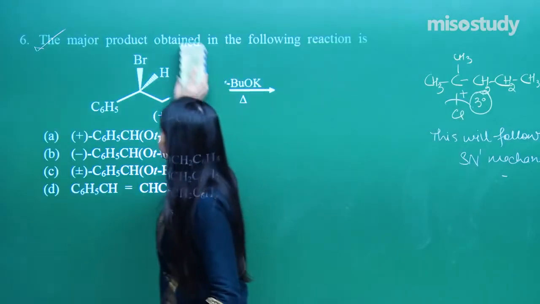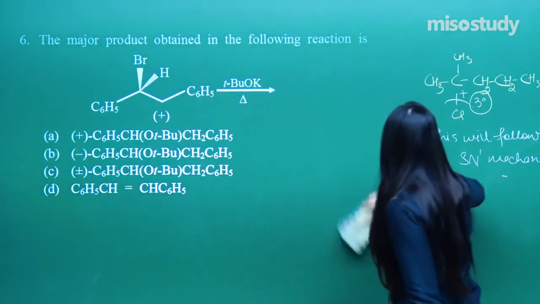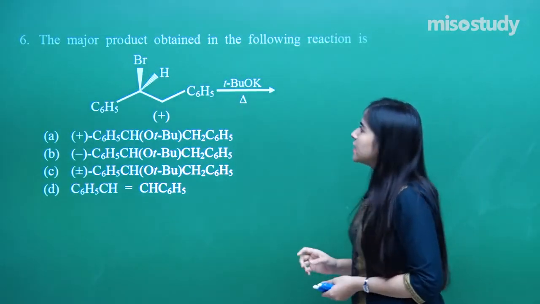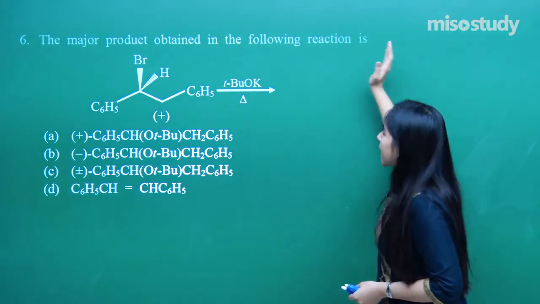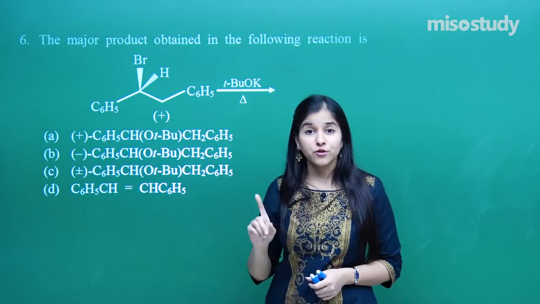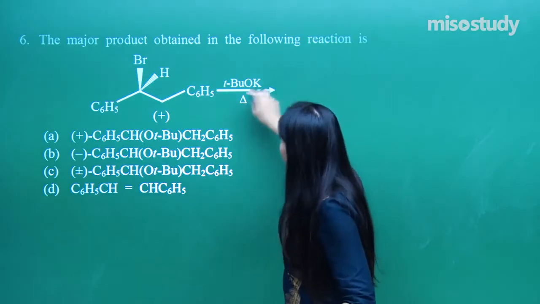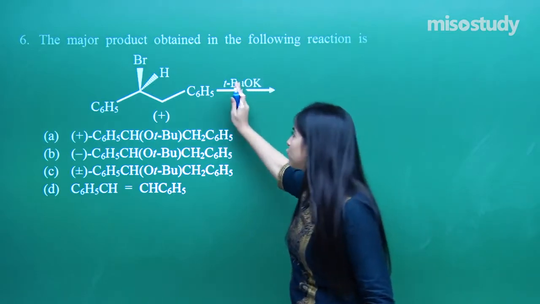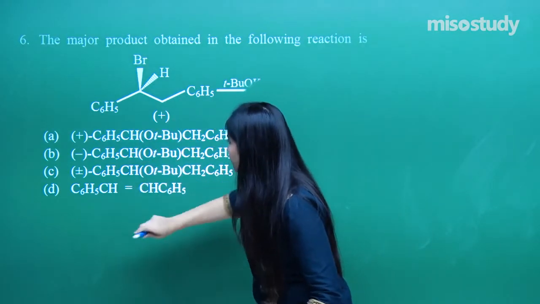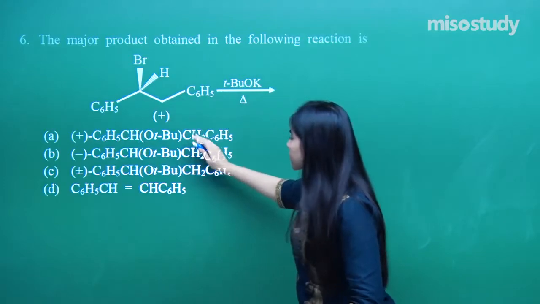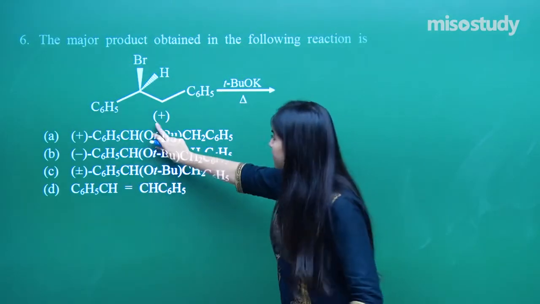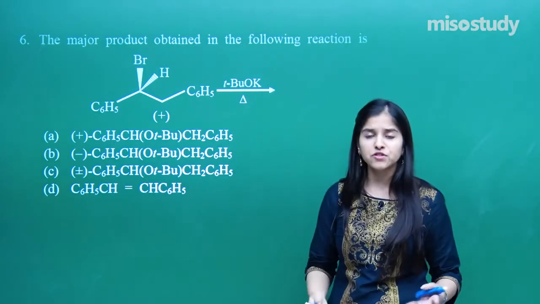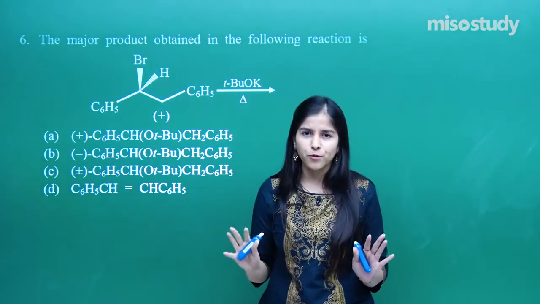What do I have? This question seems to be so complicated. So let us just read this aloud. The major product obtained in the following reaction is... So I need to find out the major product over here. So many confusing options are given. As you can see, positive, negative and what not. That means positive indicating a D form, an L form. Positive, negative means a racemic mixture. So you need to find out so many kinds of possibilities.